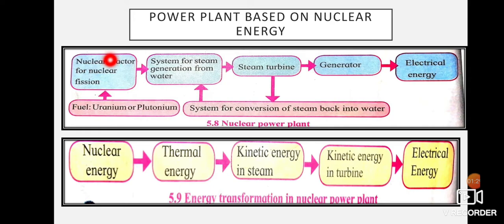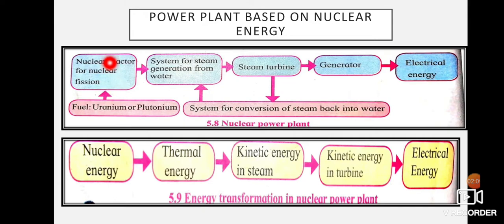Now the reaction takes place over here and a high amount of heat energy is given out. The energy released by the fission of the nucleus of an atom, using uranium and plutonium, is used to generate steam of high temperature and pressure. That means the heat given out over here is used in boiling the water to convert it into steam. That steam is used to turn the turbine. This steam is made to flow under high temperature and pressure and makes the generator rotate. The generator rotates, thereby producing electrical energy. So you can see over here.